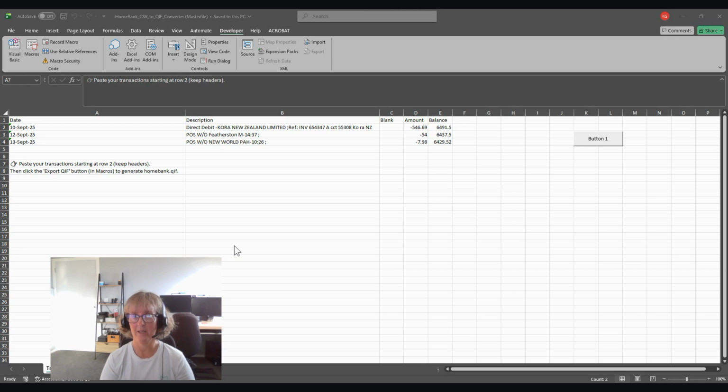Now, I can't guarantee that this is going to be perfect, but if you are an IT savvy developer type person, please jump in and have a look and give any tips on the code that I'm going to give you for this, because it does work for me, but obviously it's not going to be 100% foolproof, but we'll see what we can do anyway. So I hope this does fix the problem, because it can be quite frustrating not being able to export into